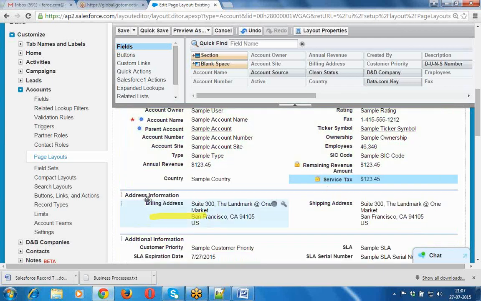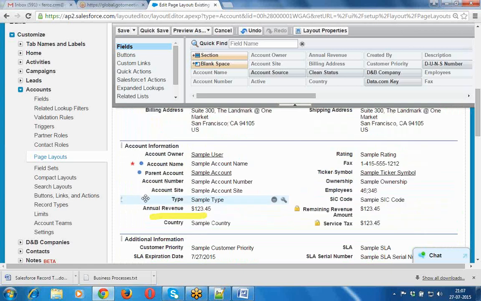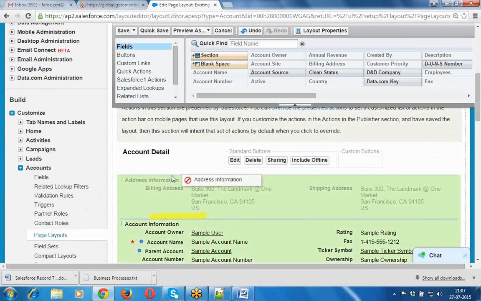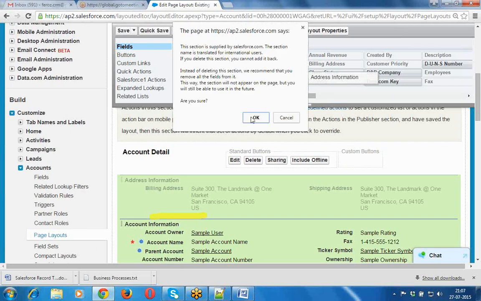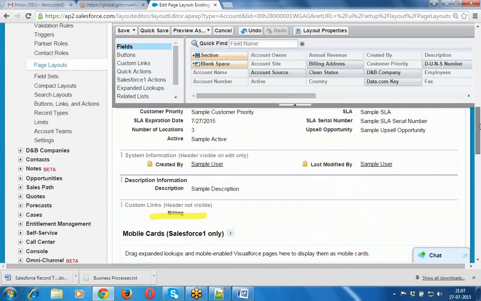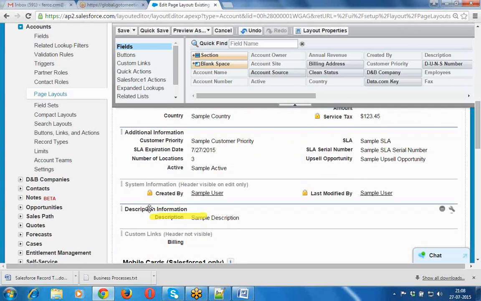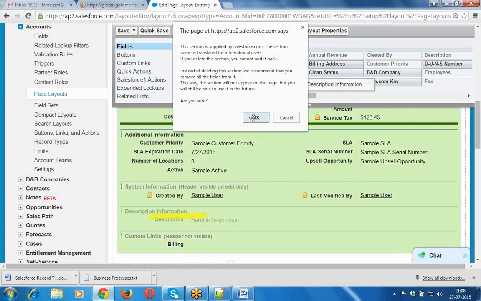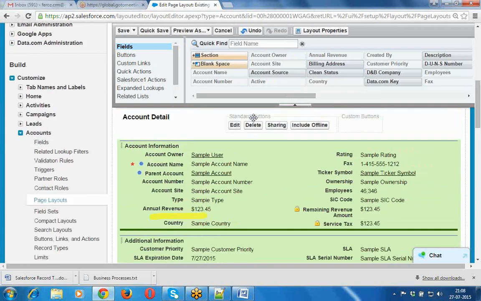Now, along with that, the address information section is not required for me. Why? Because this is an existing customer, so for the existing customer I don't want this section, because here we already have some relation with this customer. We know the address details of this customer, so this section is not required, so I'm removing the entire section. Remove that. So now here we have only the account information section, and then I have the additional information section only. This description is also not required for me, because here we already have some information about this customer, so I have removed that. Okay, now save.